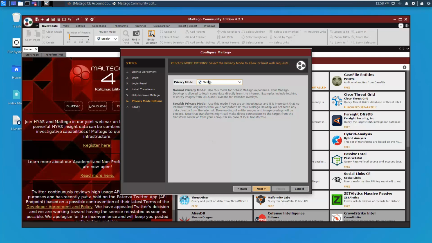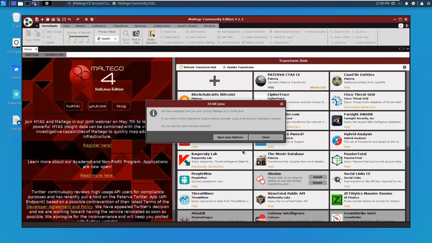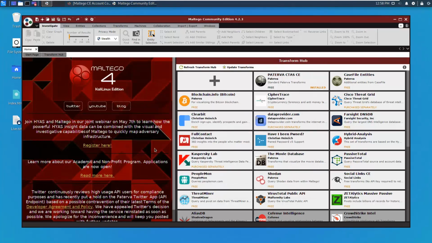In select mode, it will try to keep your information as secure as possible. So it's a privacy mode, right? I'll keep it on select. It's asking us to open a blank graph, or I'll just do it later, and let's just finish, and let's just close it, right?